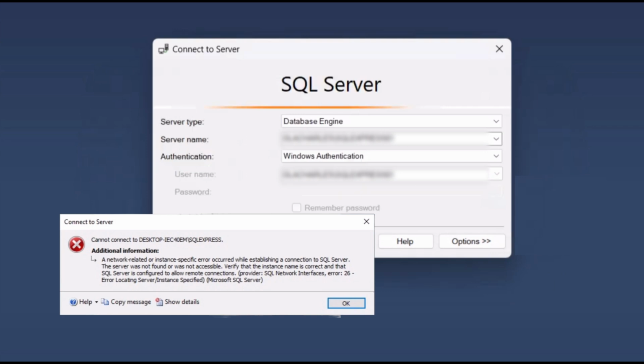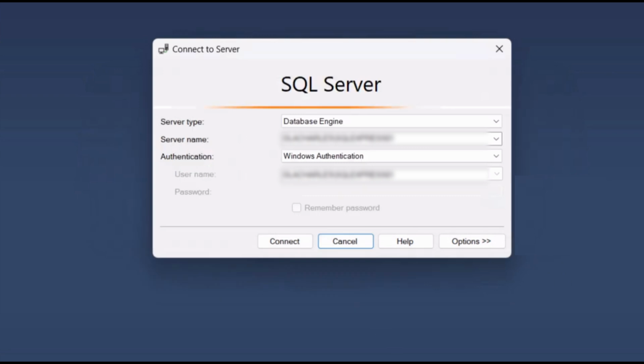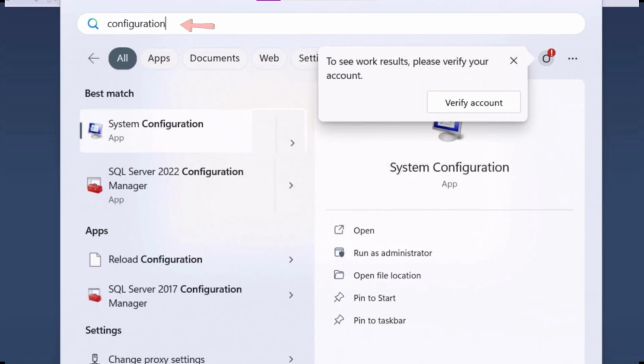Hey friends, SSMS failing when you connect to SQL Server. So this error is showing in your window. First of all, click OK, and after you click OK, just open your search, and here you can